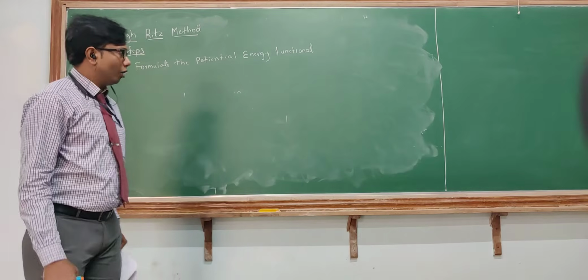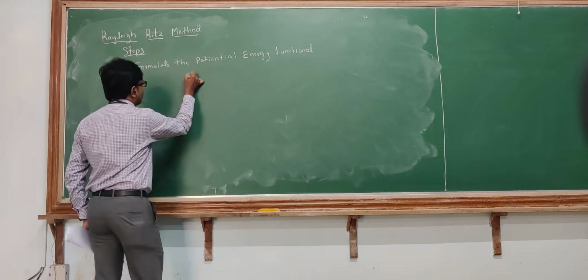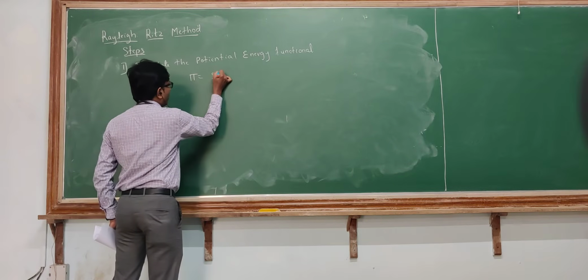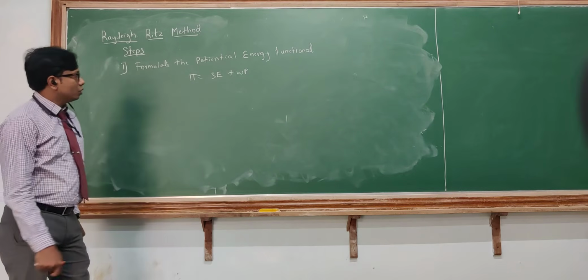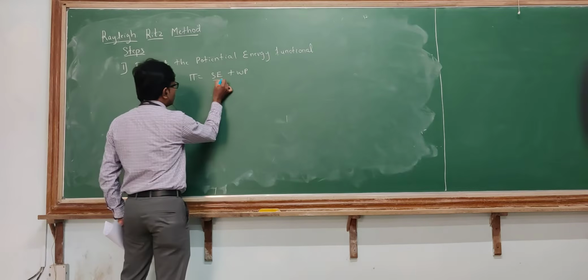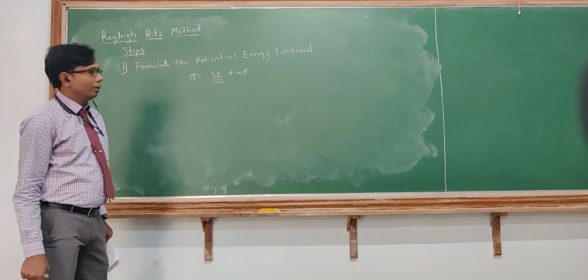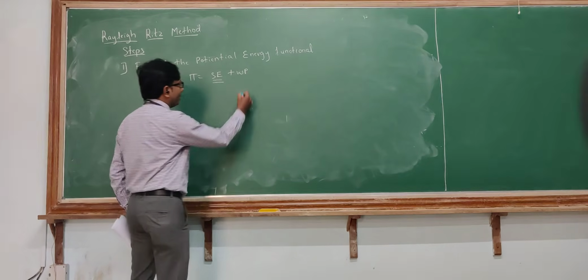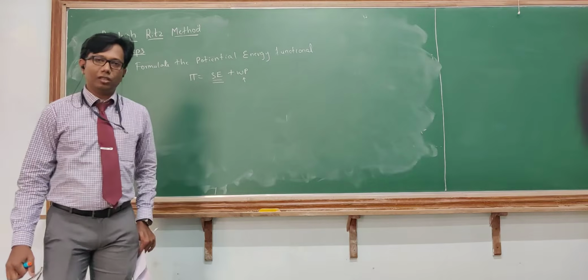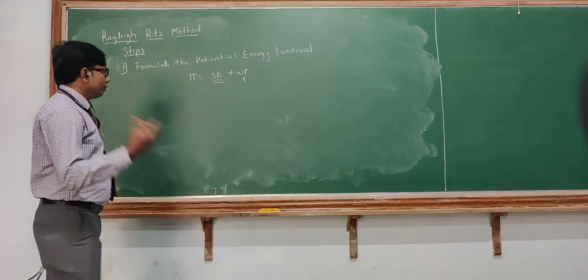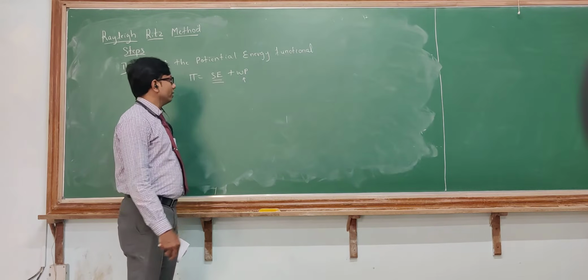It might be a bar or a beam. Okay, so you already know the potential energy function, that is pi is equal to strain energy plus work potential. We have already derived the strain energy for all three, that is spring, bar as well as beam problem. Work potential is directly related to what type of load we are applying on a particular body, whether it is a point load, a surface force, or a body force. Based on that we need to write the equation.